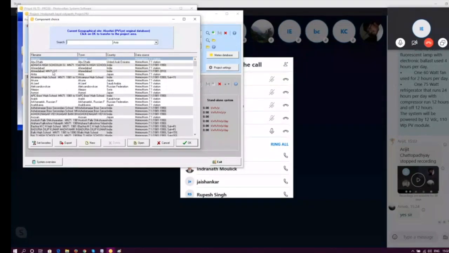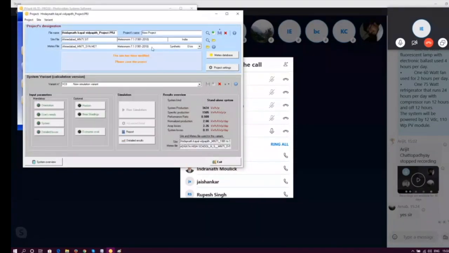The fourth option, you can see it is showing Ahmedabad MN. The previous Ahmedabad was the normal data and the Ahmedabad MN is the new data that we have saved, Ahmedabad MN71. So let's select the site Ahmedabad MN and click on OK. If you want to put a new site, there is an option below you can see as new. You can click on the new and you can take a new site from your data. Okay, we are selecting Ahmedabad for this case.